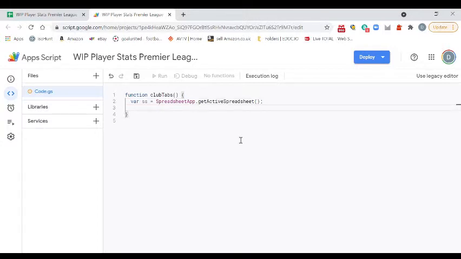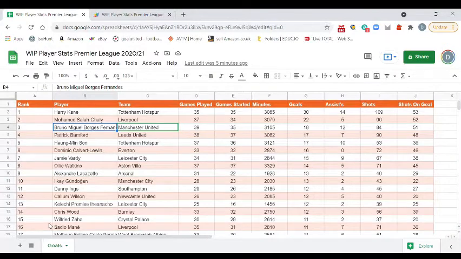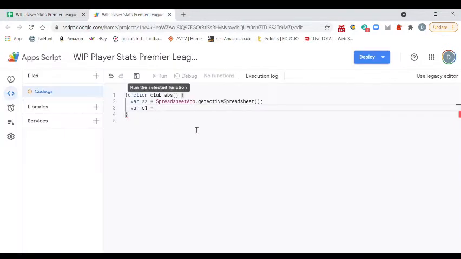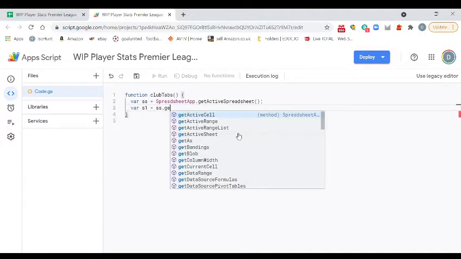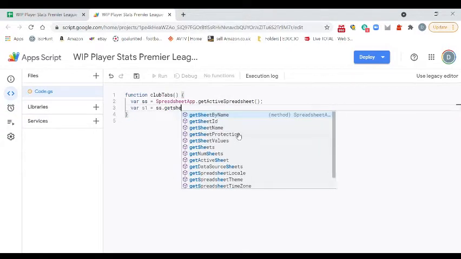So now we've called in our active spreadsheet, we need to call in our sheet. I would always call this sheet 1, no matter what I've called it. If it's the first sheet in my list, I always call it S1. So equals SS. We need to now tell this variable where to look for sheet 1. Sheet 1 is in the active spreadsheet, so we're going to type SS.getSheetByName,